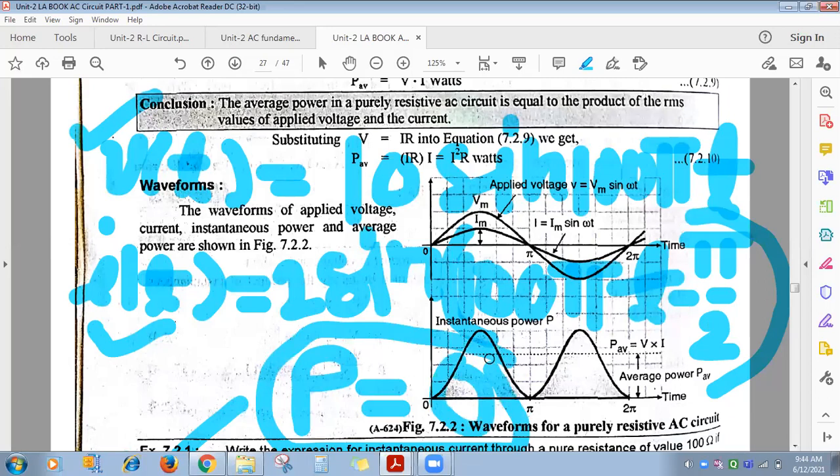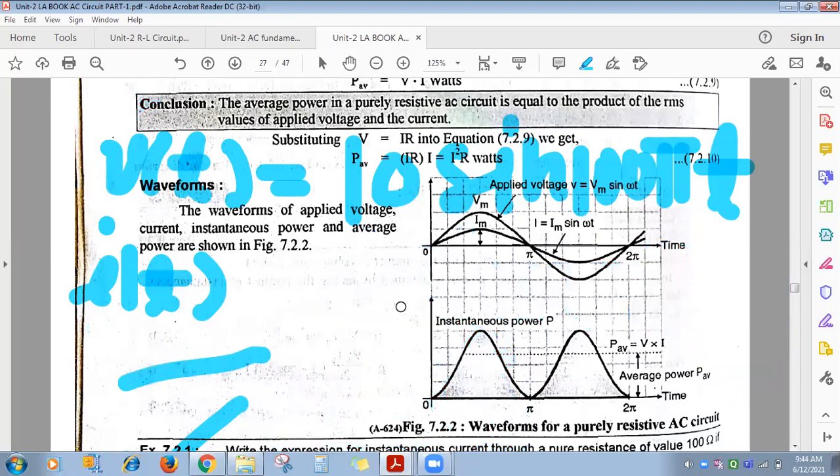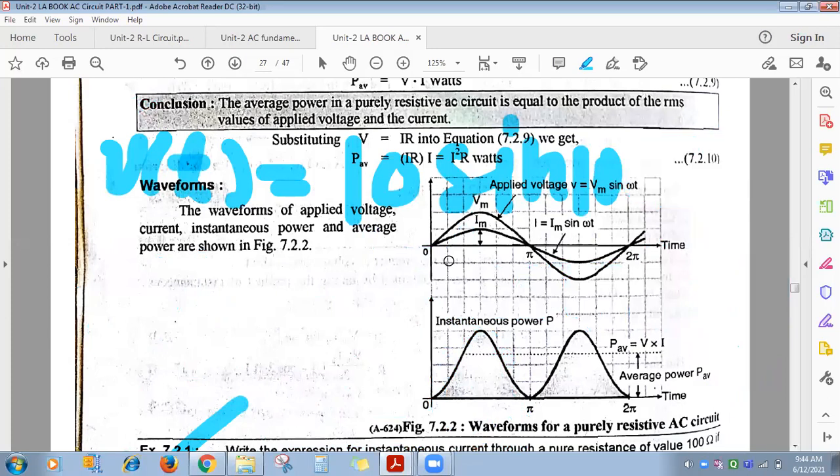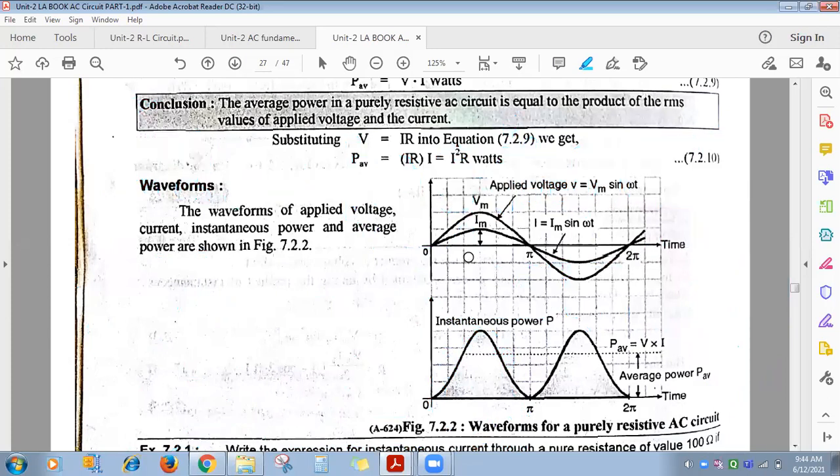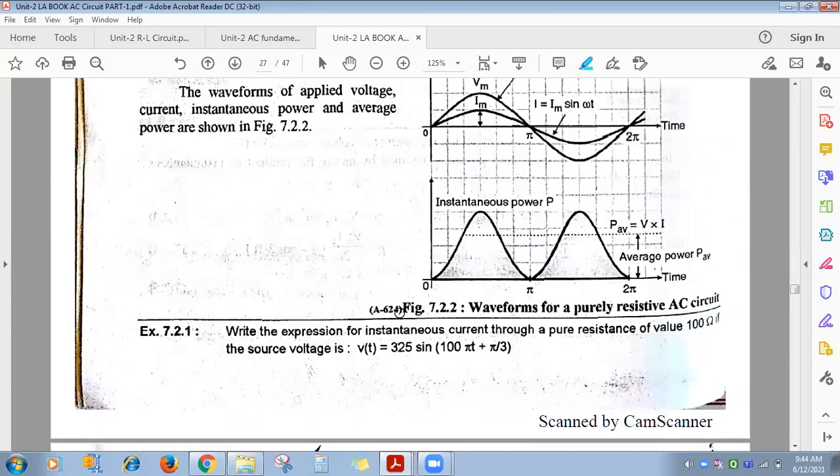Got the questions? Next questions we'll see. This is the important thing. Once you get this one point, you can easily solve the sum. Carefully observe each and every point given to you in the numericals.